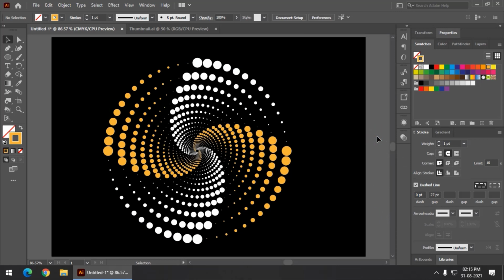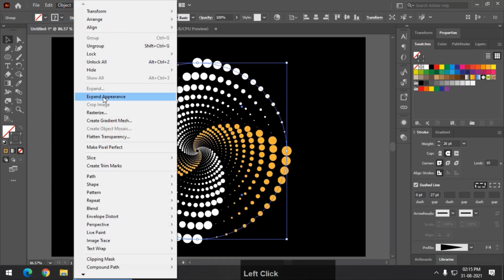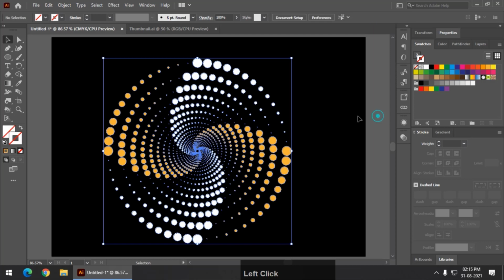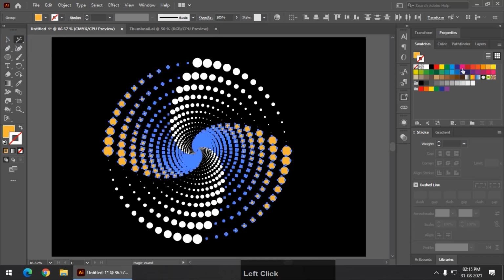So this is a simple spiral design that we have created using some simple method. If you want to change the color of this combination of colors, then simply select the entire thing, go to object, expand appearance. Now if you want to change the color of a particular section, let's say the yellow section, use the magic wand tool and you can always change the color as per your requirement like this.